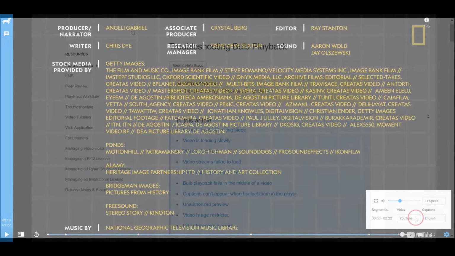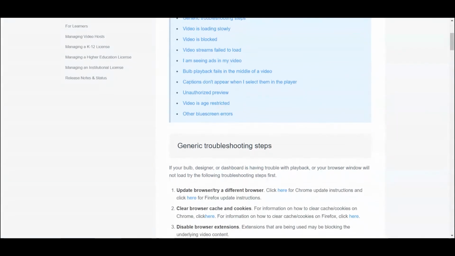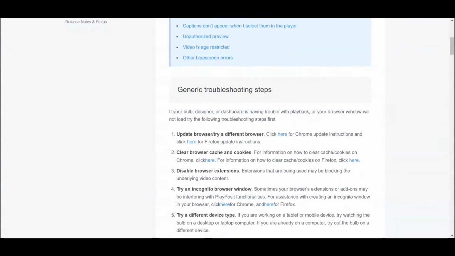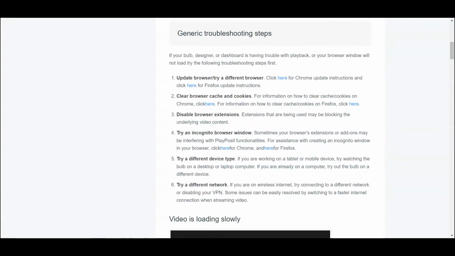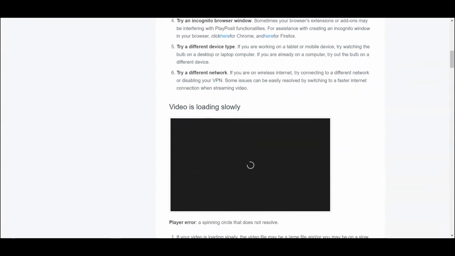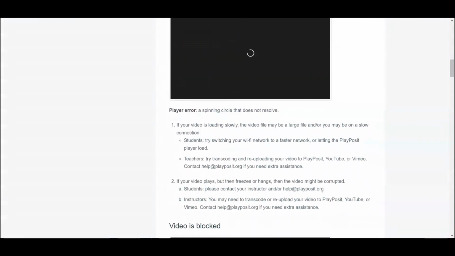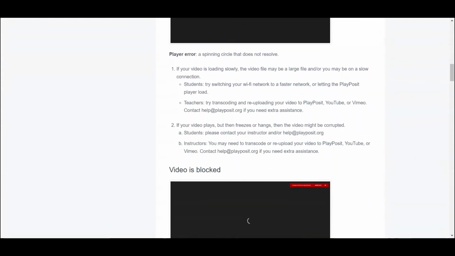Don't worry if the video playback issue still occurs, because our team is always happy to help. Please take a screenshot of the issue, tell us the name of the lesson, and send the information to our team at help@playposit.org. You can also check out our troubleshooting article that provides excellent tips on how to resolve playback issues,